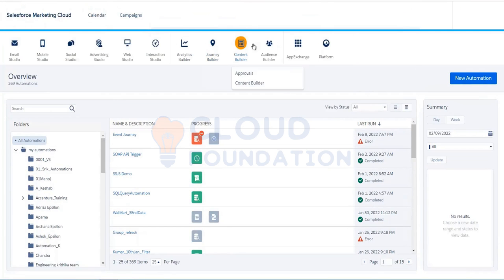I think this is what we will be covering in this entire program, and as we discussed, there are no specific skill sets required to become an SFMC specialist. But if you have experience with AMP script, that is something. This language is only for SFMC and it's very easy.